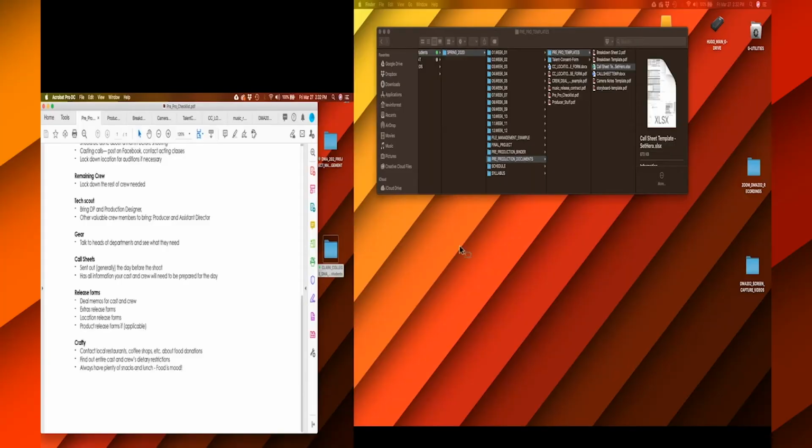So those of you that like organization, release forms. Yeah, that is something, if we're shooting at a bar, a restaurant, gas station, you're going to need some sort of form for the owner or the person in charge to sign and say, yes, you can shoot there, because of liability. And you want to get that stuff filled out. That could be products, extras, actors, crew, all that stuff,